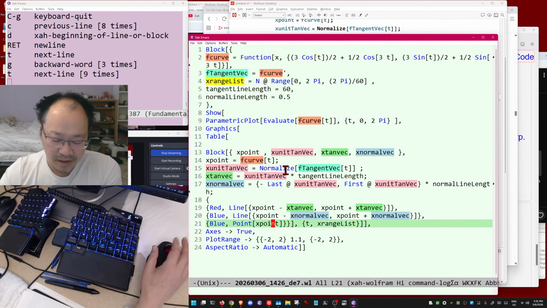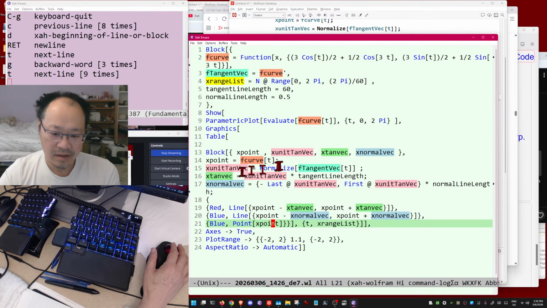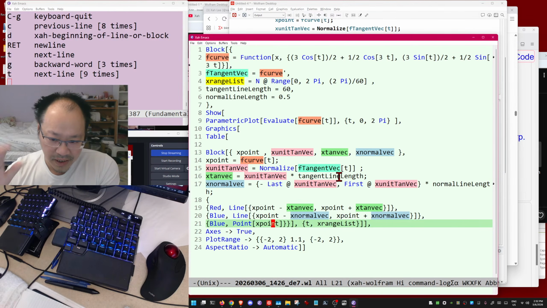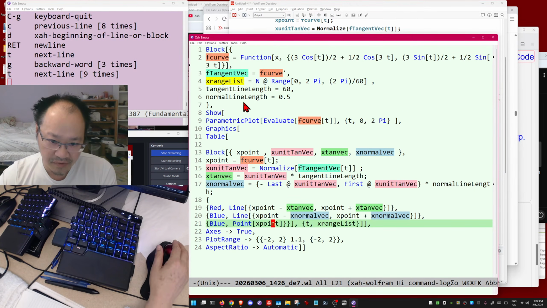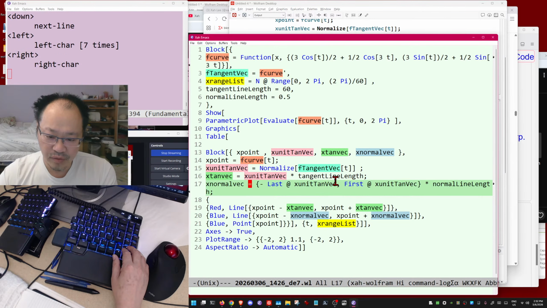Then you normalize it, make it a unit tangent vector. Then the tangent vector equals the unit tangent vector times tangent line length. So you make the vector have the length of the tangent line length by the user spec. And then you make the normal vector to be